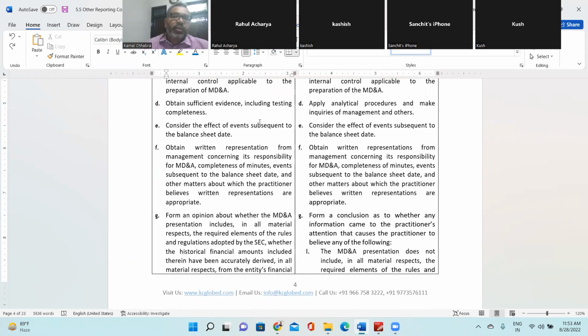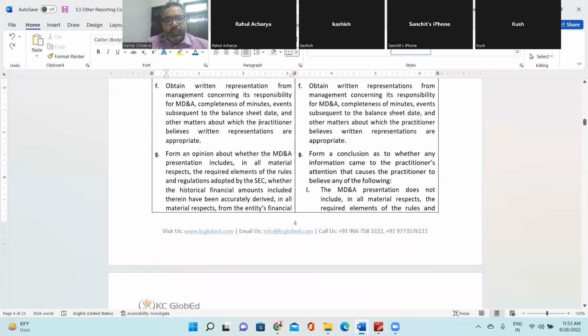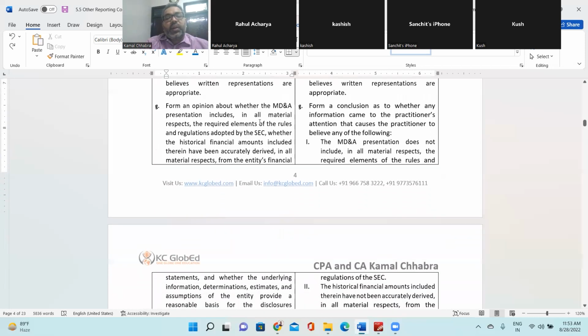So in the examination you obtain sufficient documents and information, whereas in a review engagement you apply analytical procedures and make inquiries with management and others. Then consider the effect of subsequent events. Here also obtain a written representation and then form a conclusion as to whether any information came to the practitioner's attention that caused the